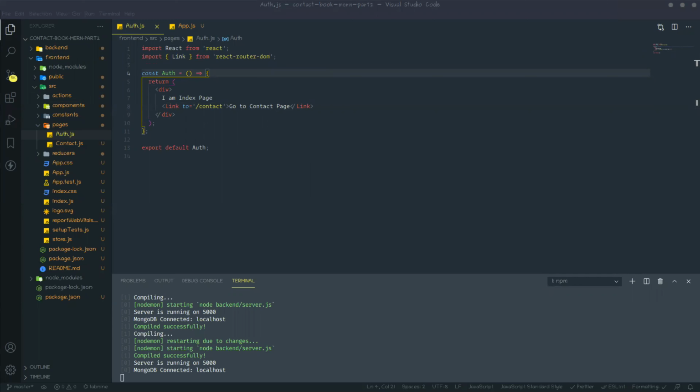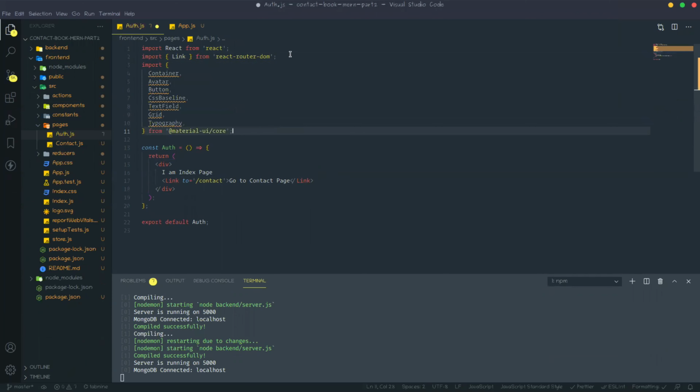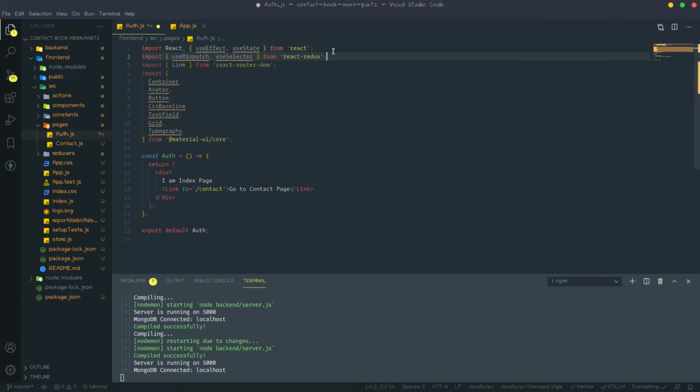So import these components: Container, Avatar, Button, CSS Baseline, TextField, Grid, and Typography. Okay, we need useEffect and useState. useEffect for handling component rendering, and useState for state management. We also need useDispatch to dispatch the action, and useSelector to select the global state.